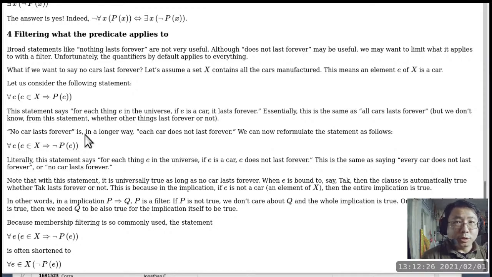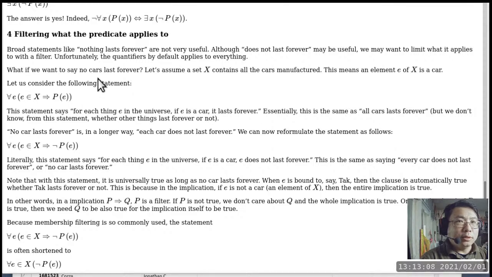So the last portion of section 4 is really a notation kind of thing. Instead of using this notation where we say for all e, e is an element of X implies the negation of P of e is true, I just shorthand it to: for all e in X, the negation of P of e is true. It's really just moving the element-of expression all the way next to for all. It's an easier way to express the same thing, and it saves me one e in this case.